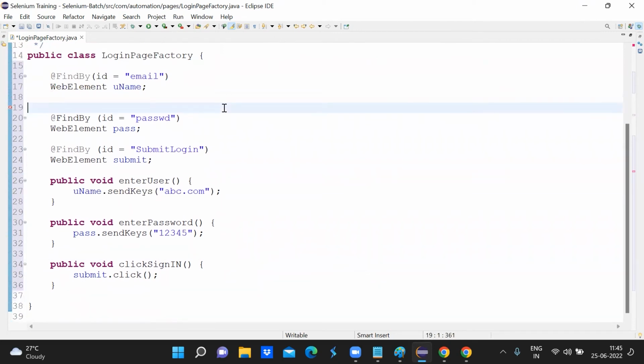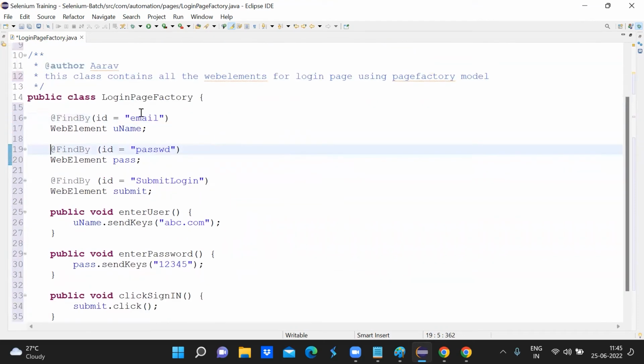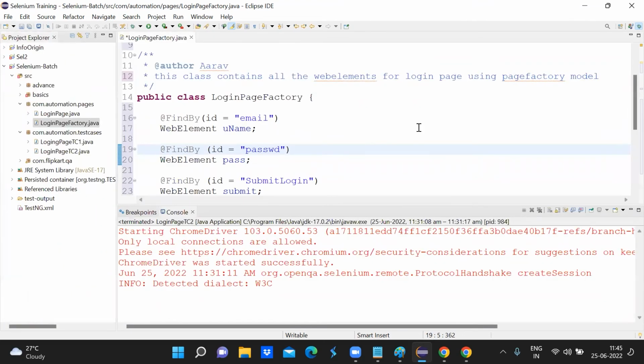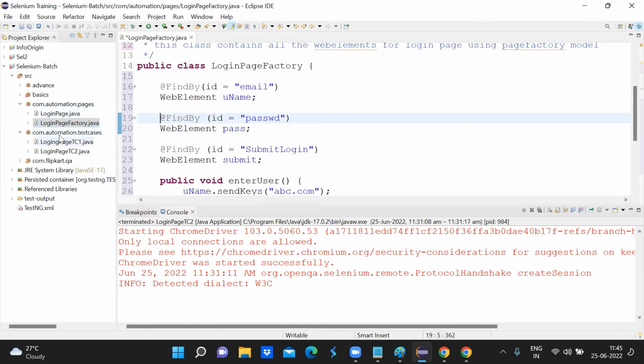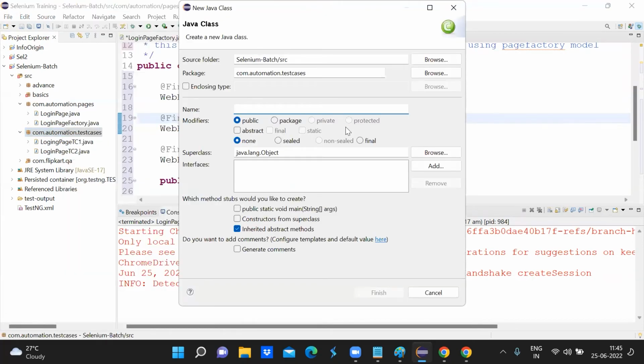Okay, so your object repository is ready now. Now I will have to design your test cases. So for designing my test cases, I will again go to this test case package, and here I will create my login page factory